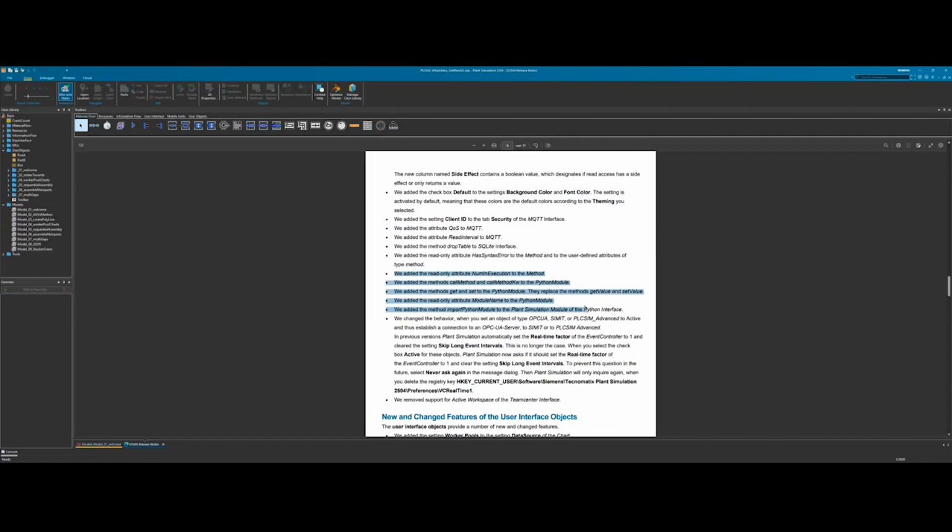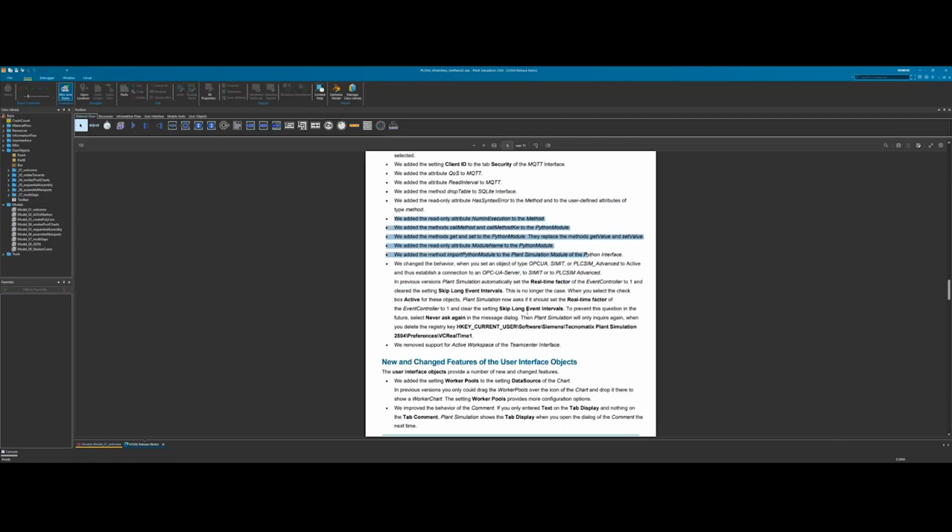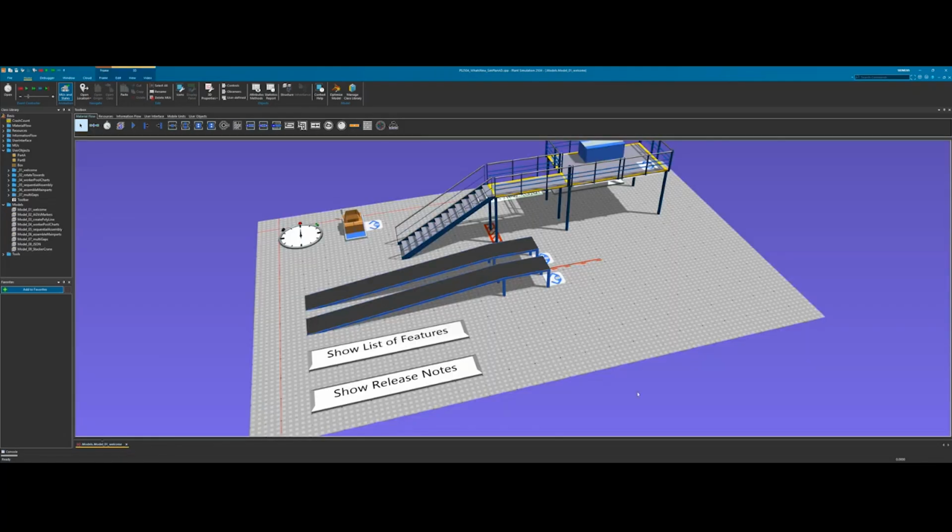I'm not a Python user in Plant Simulation, so I can't really say how big these changes are, but I asked some other guys and they said it's not like there are drastic new functions in this Python stuff. But if you work with Python, of course, you should remember to look in the release notes and see what's new there.